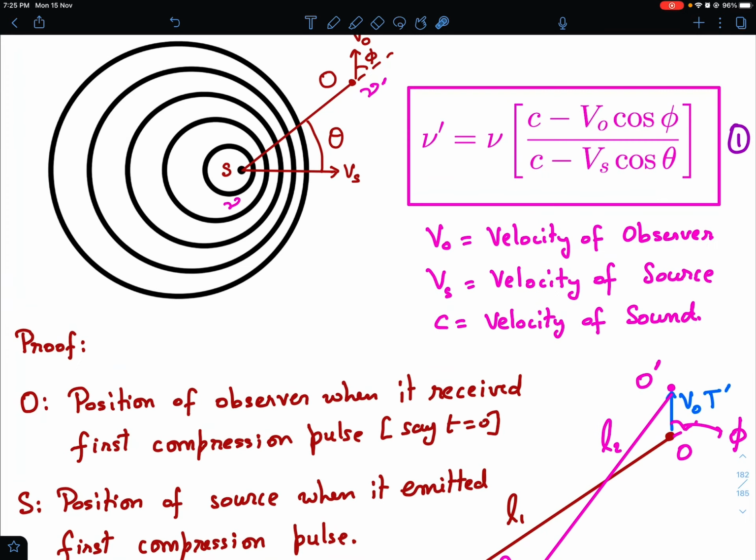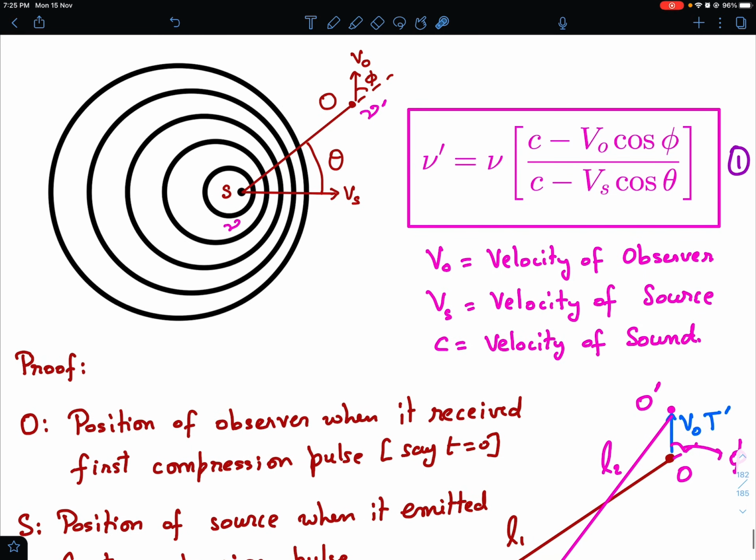And as a side point, I can also talk about what will be the wavelength over here. So how do we define the wavelength? Wavelength is nothing but the spacing between two wavefronts, right? So when you look here, you see the spacing is something else. In this direction the spacing between the wavefronts is something else. In this direction the spacing is something else, okay? So we can talk about wavelengths in different directions.